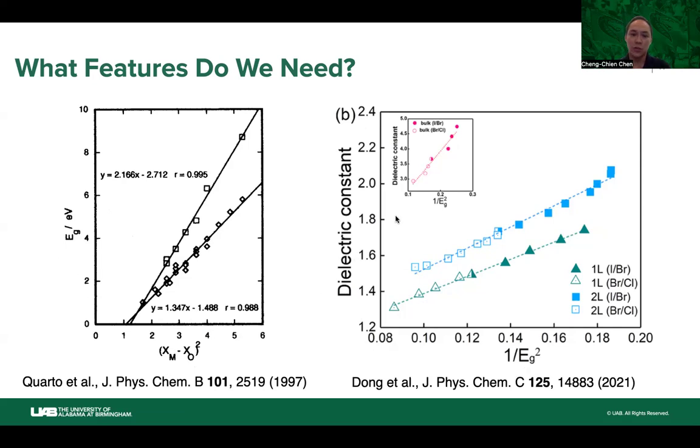So the question is, which features do we want to use? If I give you a compound, I know the chemical composition, so we can very easily compute the corresponding electronegativity difference. However, for new materials, I may not know the dielectric constant, and we will not be able to know it unless we do extra calculations or further experiments. This thereby prevents us from large-scale materials screening. So in that case, these features based on only the chemical formula would be preferred.